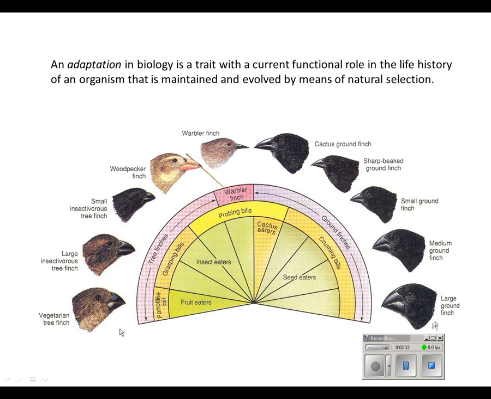If we look at these finches that Darwin studied at the Galapagos Islands, we can see the same thing. They're all species of finch, but they all have different variations, and they've evolved and adapted to be able to eat different kinds of food. So these finches here that are in this part of the circle are able to eat seeds, and these are ground finches, but some of the ground finches, this cactus ground finch up here, is actually able to eat cactus, as well as having a probing bill, which kind of moves into these other types of finch. And you see these other finches eat insects. So they eat varied types of food, and that's going to help decrease some of the competition so that all the species are able to survive.